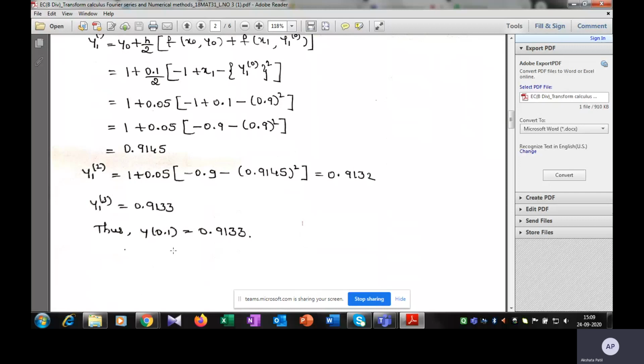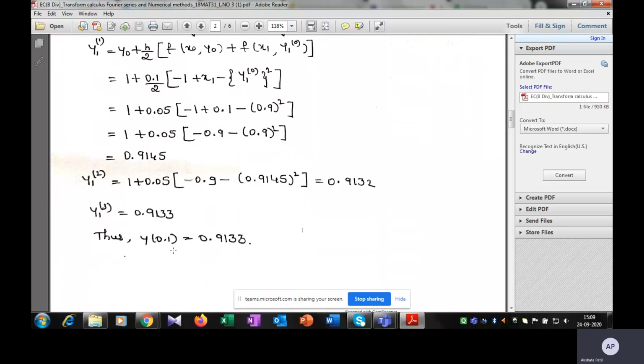So using the same formula here, that is y naught plus h by 2 into f of x naught comma y naught plus f of x1 comma y1 of first approximation, means the preceding value of y1. So here we know the value of y naught, that is 1, plus h by 2. h means 0.1 by 2 is 0.05, into bracket f of x naught comma y naught, whose value we already know,